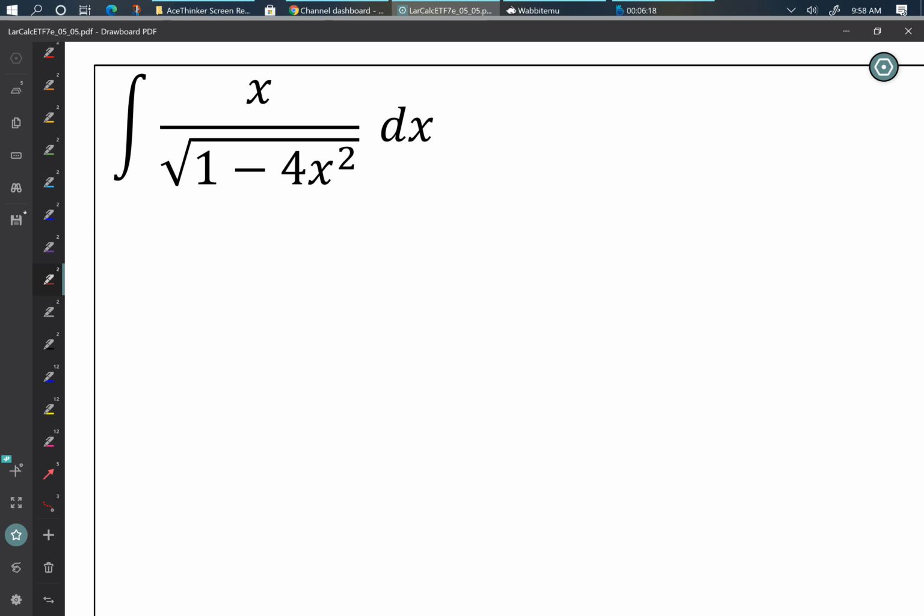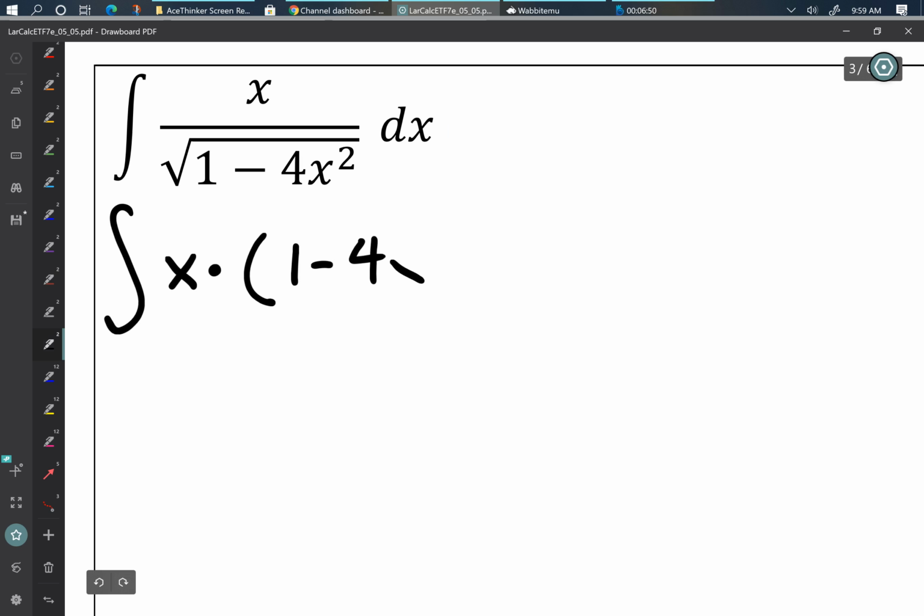So here we go. I have an integrand. It is x divided by the square root of 1 minus 4x squared. Now you might be thinking, hey, wait a second. You just got done saying that it has to be two things multiplied together, and now you're simply saying, wait a second, this is divided by. All right, remember, I can always rewrite my integrand using algebra. So I am going to rewrite this and say that this is equal to x times the quantity 1 minus 4x squared to the negative 1/2